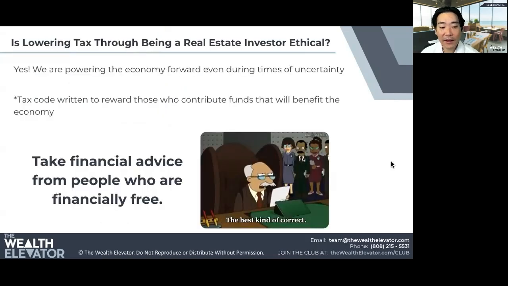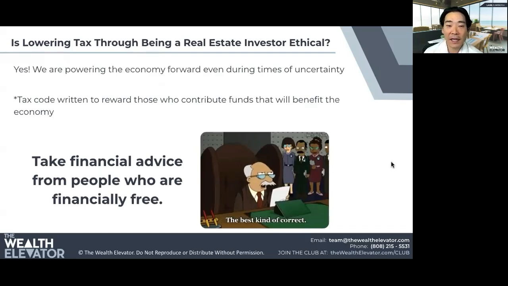Some people say paying no taxes, is this ethical? You can create the narration on your own. The way I look at it is we're the ones pulling money out of our pocket to put money directly into these Main Street types of investments where our dollar is going directly there. When you're investing in traditional investments, the Wall Street land, a lot less of that gets to actual Main Street. So much of it goes to hidden fees, expenses, and all these middlemen that I think that's partially why I don't really like the traditional investment world. But we're the ones putting investments into the community, into Main Street.